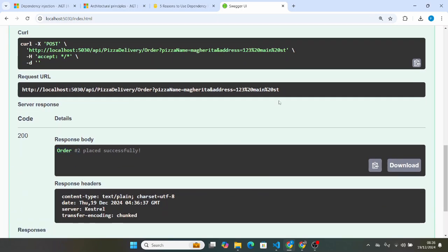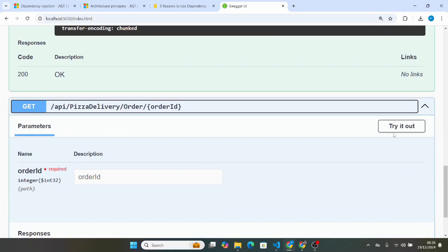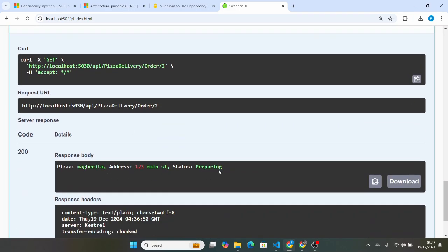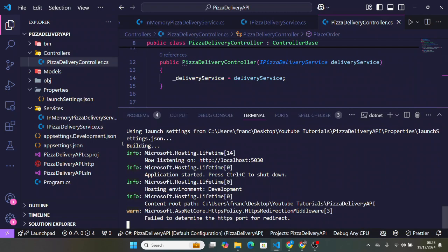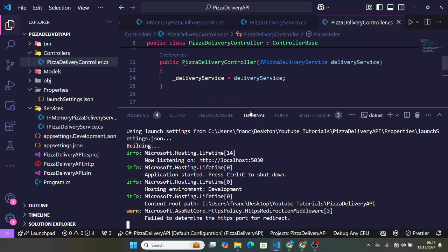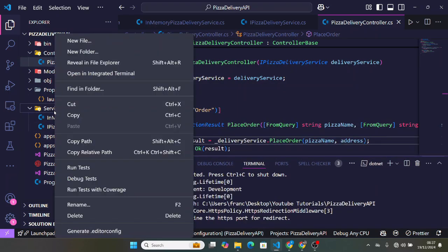So we can see our code still works the same way as how we had it at first. We can also try and check if we have the pizza, and we'll see everything is working perfectly. So the next thing is, now let's say we have a third-party pizza delivery service. Let's say we are not managing the pizza delivery service now. We are using an external API. So how dependency injection makes it easier for me is I'm just going